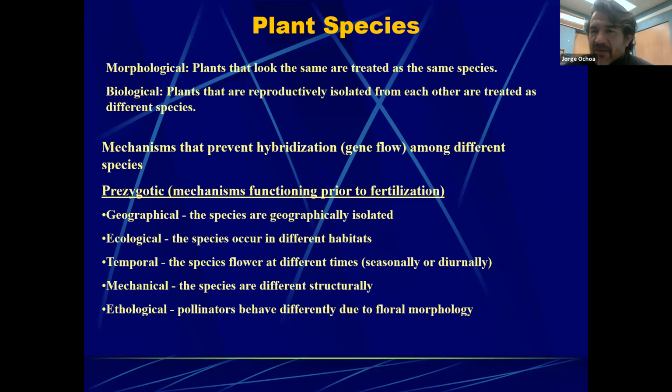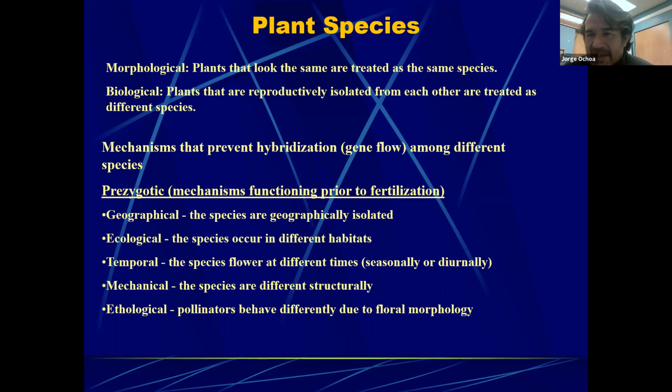There's going to be different ecological barriers, meaning plants that grow in mountains will probably never cross or come across plants that grow in the ocean or close by the sea. So difference in ecological areas, desert versus mountains versus coast versus riparian. So those are different geographical, ecological areas. Temporal, plants that will flower at different times of the year. Some will flower in the spring, others will like to flower in the fall, and so pollen will never meet or cross with one another.